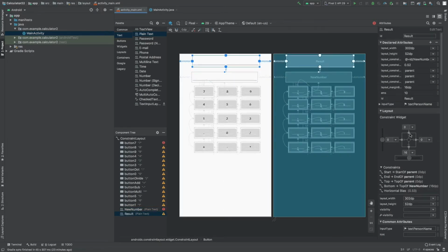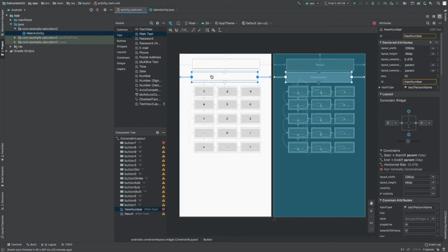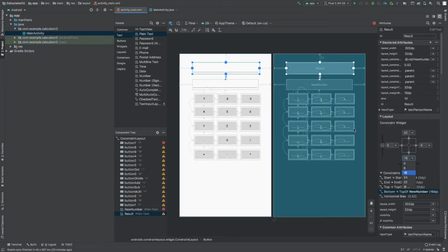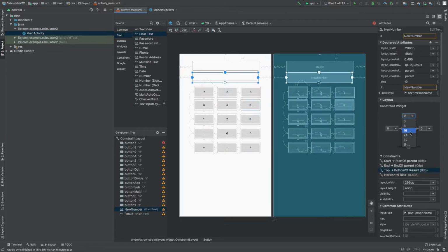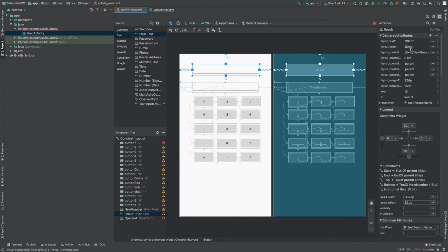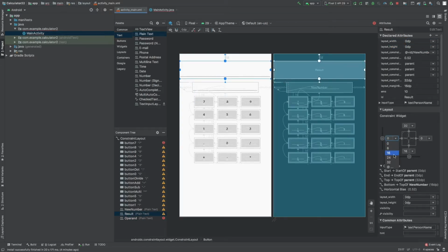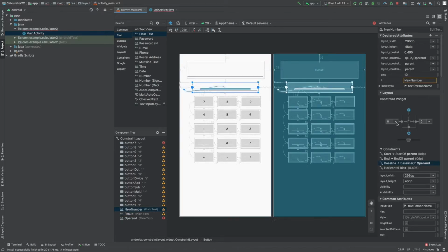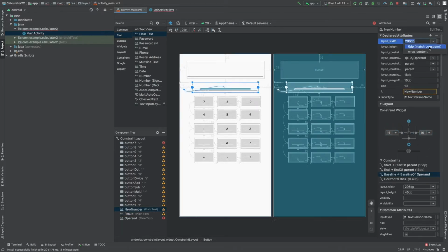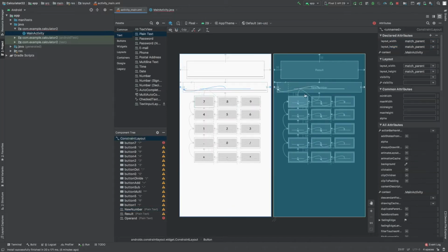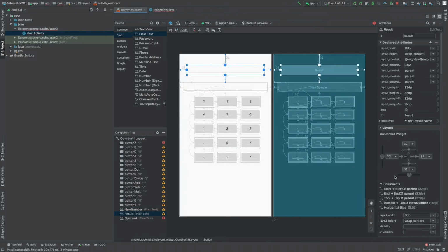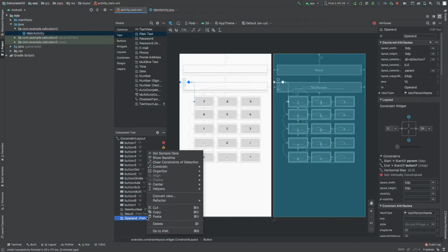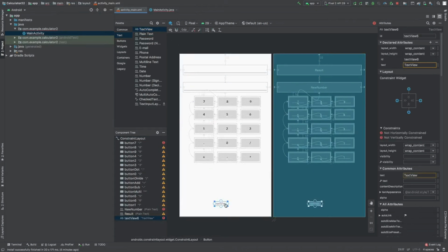So far this app looks okay, but when you run this, it's going to shift to the left side because the 7 button still does not have any right constraints here. So far I am just setting the constraint margins to 32 and 16 and all that. Later I'm going to change these constraints as well, because when I run this app you will see that it's shifting towards the left side.